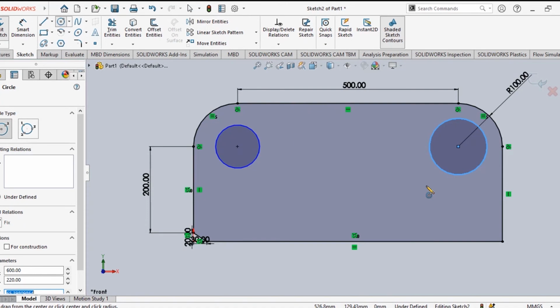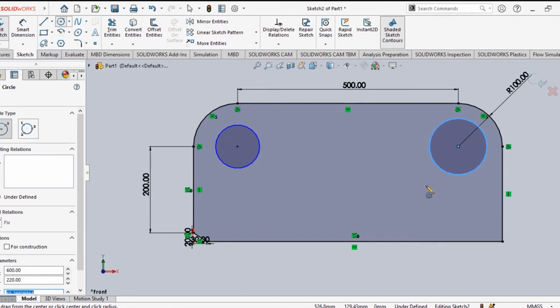First, you made two different circles and now you want to make all the circles have equal dimensions. How to do this? The option is you can apply some kind of relations. Relations means you can make equal things, tangent things, a lot of different relations are available. So you can make this circle be related with some other point, some other things. So at this moment you want to make these circles equal.